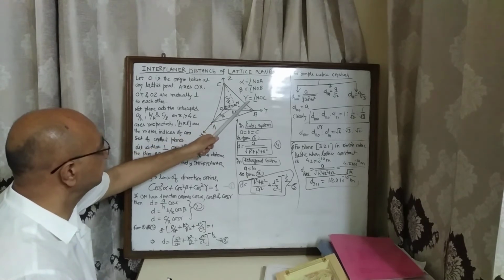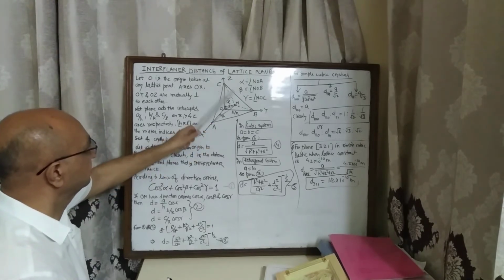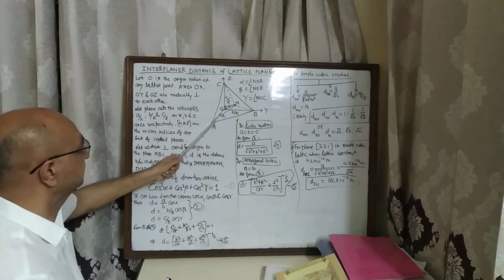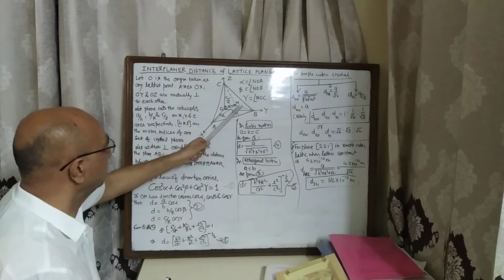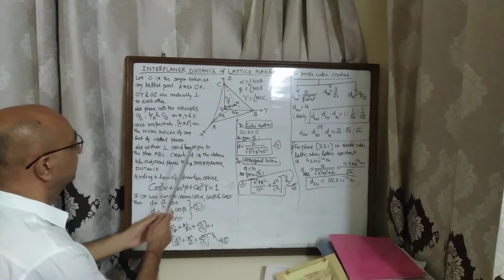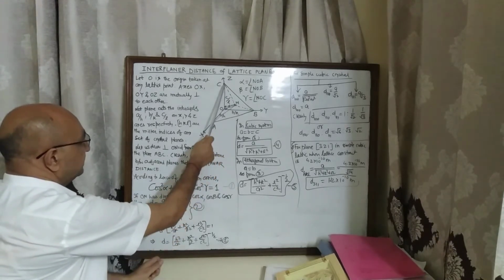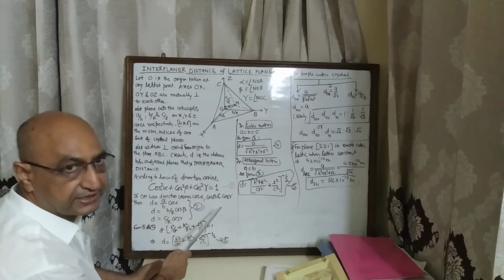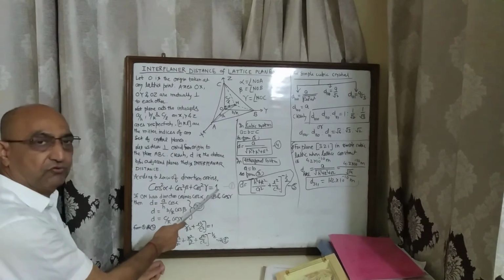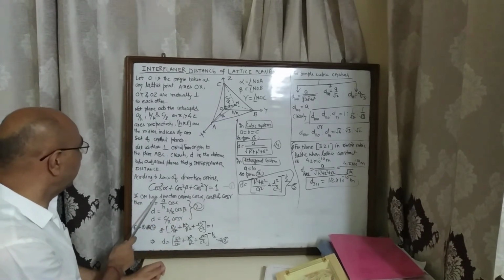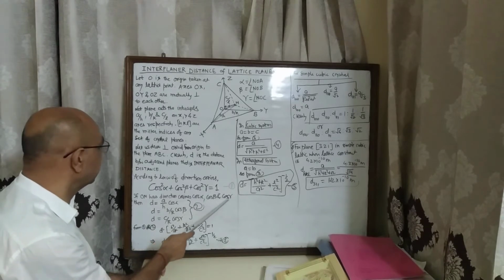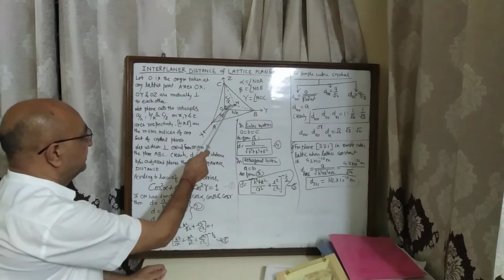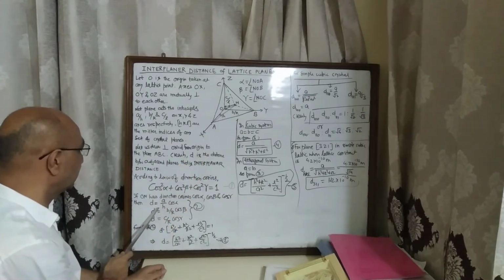And gamma is NOC. Look at the picture again. Alpha is angle NOA, beta is angle NOB and gamma is the angle NOC. Then according to the law of direction cosines, cos square alpha plus cos square beta plus cos square gamma is equal to 1. If ON has direction cosines cos alpha, cos beta and cos gamma, then clearly from the picture d is equal to a by h cos alpha.